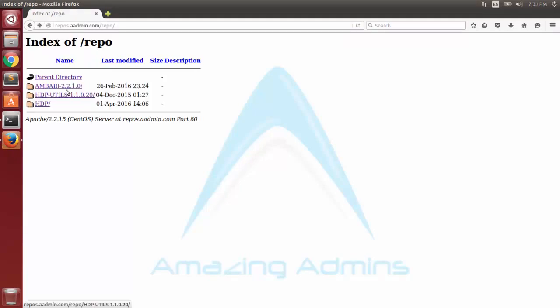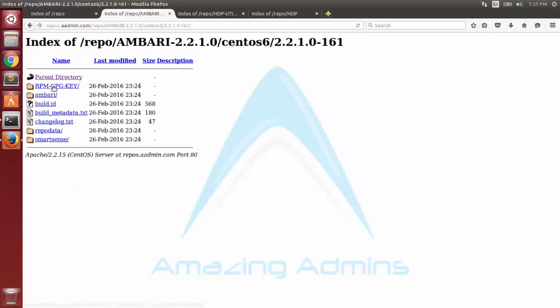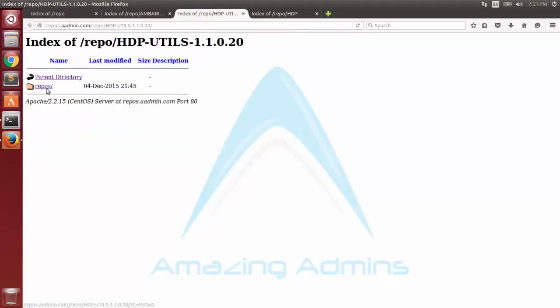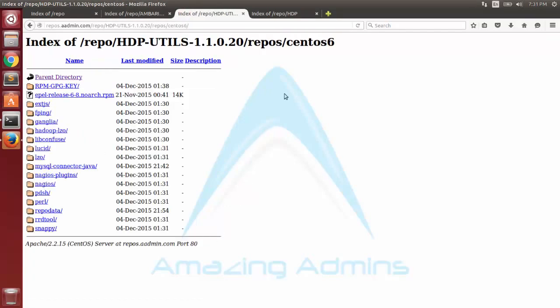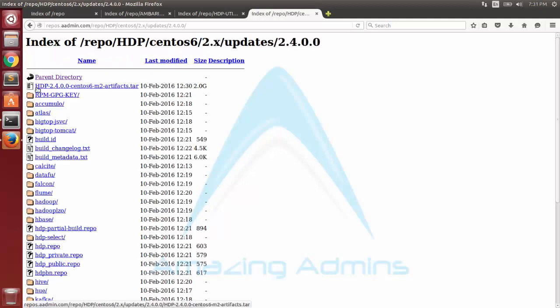Once I refresh this, you can see that there are three directories which have been created: Ambari, HDP and utils. I'm opening each of these in a new tab. So beginning with Ambari, I can go into CentOS and I'll go into the subfolders till this repodata comes. As you can see, there's a repodata folder here which will be used by Yum to locate the packages, the location of RPMs. Parallelly here also I've come to this folder and I'll be using the present link of that folder in which the repodata is contained so that Yum can map it. Here also you can see that there will be a repodata below.